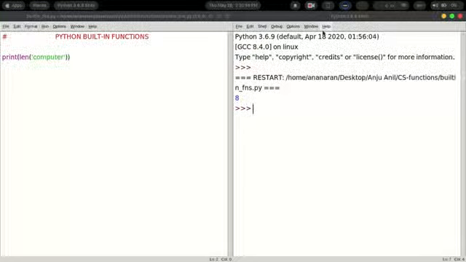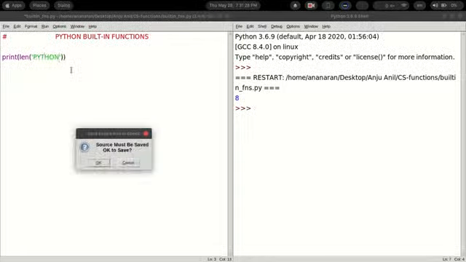We shall start with the len function. Now this len function returns the length of a sequence. That means here you have written print len of computer. So it will take the length of this word computer and will give you the output.